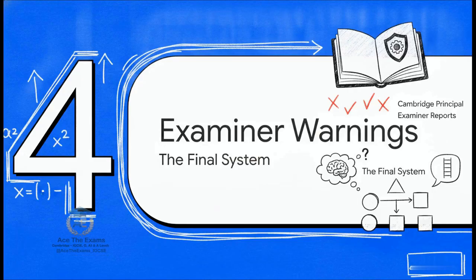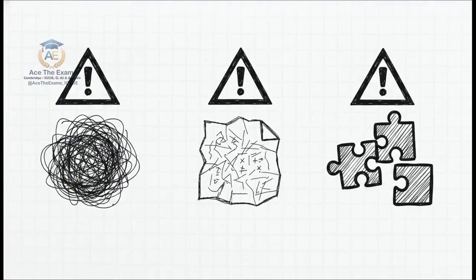Which brings us to our final section, Part 4, Top Examiner Warnings and the Final System. So the crucial point is knowing what to avoid. Here are the 3 deadly sins of A-level mathematics when you're dealing with quadratics in some function of x. Mistake 1, using the wrong approach for the context. This means trying to blindly apply the quadratic formula without first establishing a clear u substitution. It just leads to